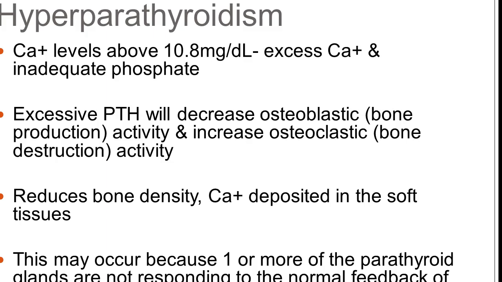Okay, and because this excessive PTH is constantly pulling calcium from the bone, now we're reducing bone density, and calcium can actually deposit in the soft tissues. And because the kidneys are decreasing acid excretion, it can lead to metabolic acidosis and hyperkalemia. Okay,